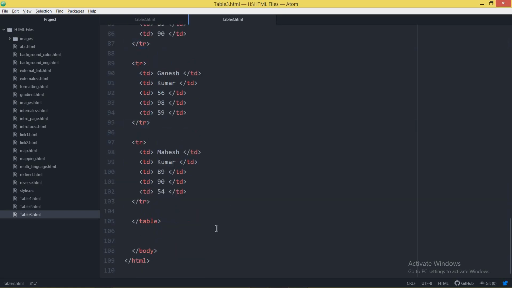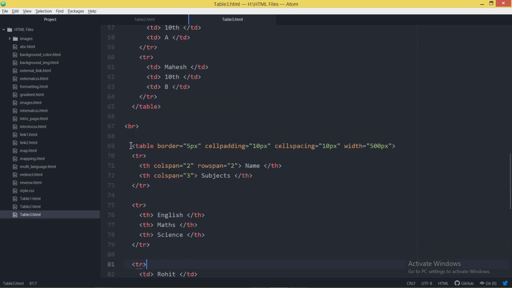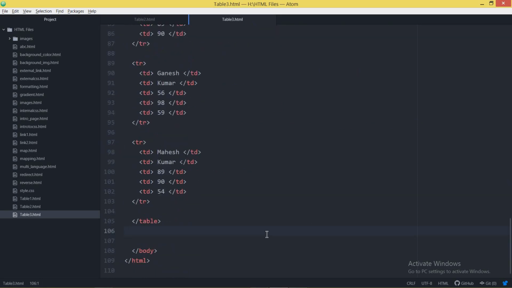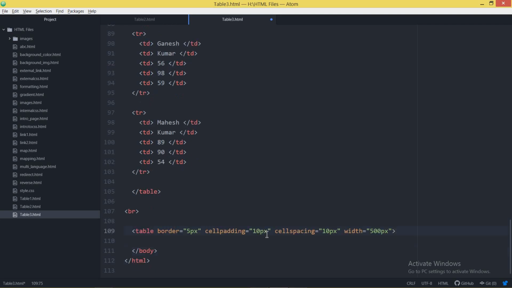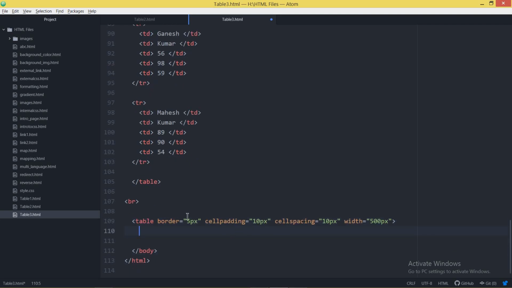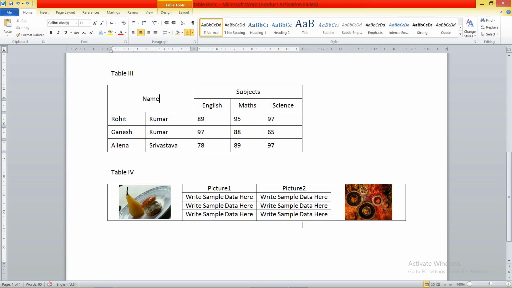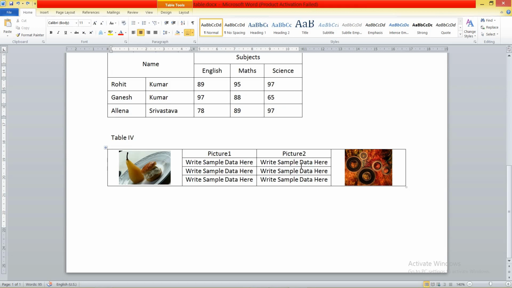Now, talking about the last table, I am just going to copy the table tag. I just want to give a single line break over here and put a table tag because I want to make a new table. Now, in this particular table, you all know tables can be used for tabular data. It's not mandatory that you only include text in tables. You can embed and insert images also.